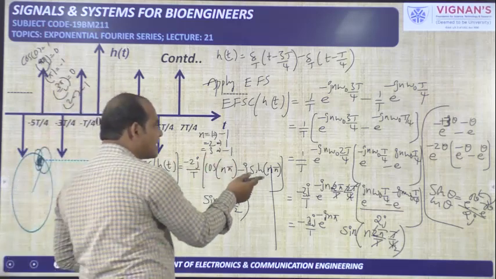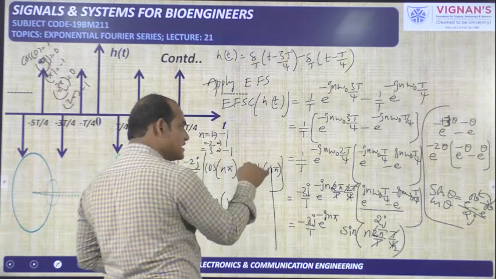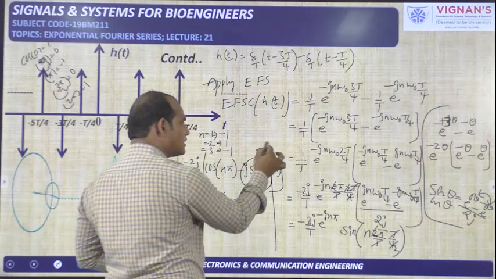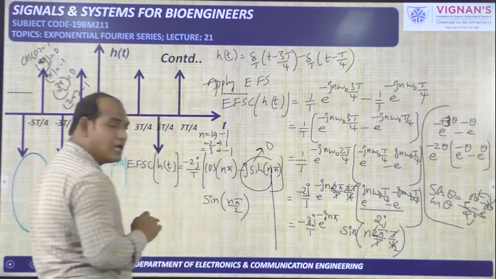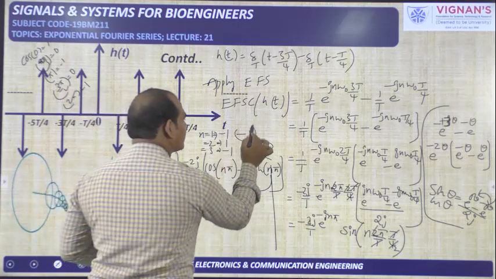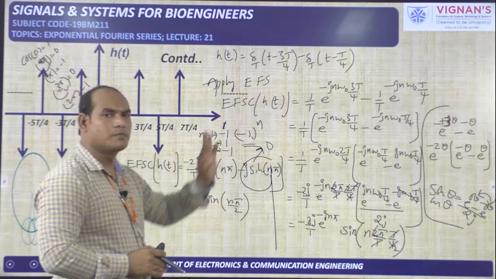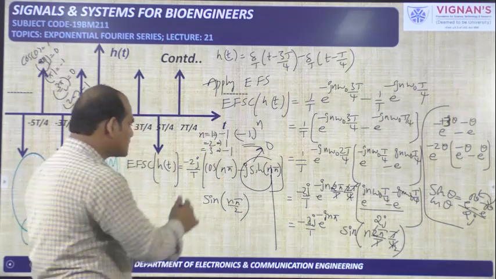But whatever the value you take for n, sin pi is 0, sin 2 pi is 0, sin 3 pi is 0, everything is 0. So this will become always 0 only. But this value is changing, minus 1, plus 1, minus 1, plus 1 like that. So what we need to do, minus 1 whole power n, like that we can write. This cos n pi, we can write as minus 1 whole power n. So this part is over.